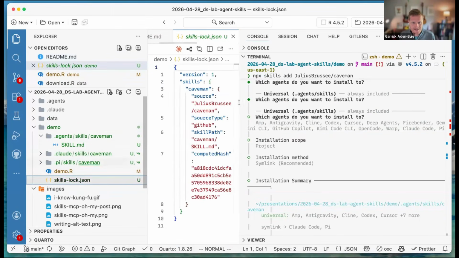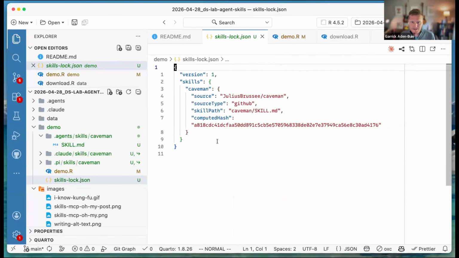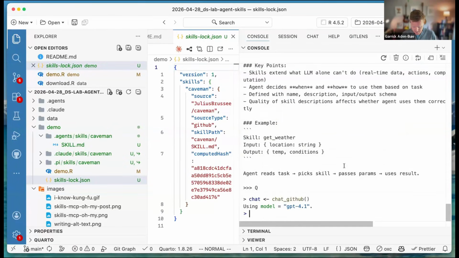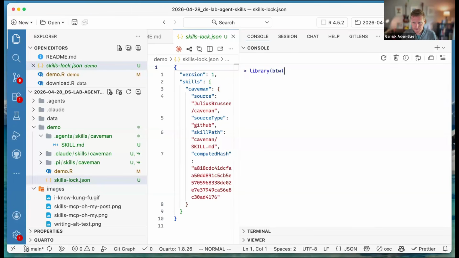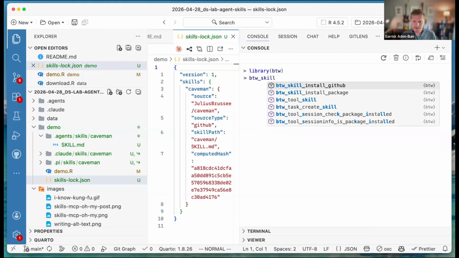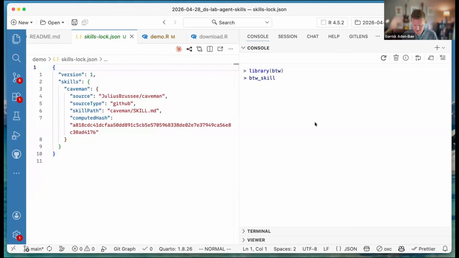And then the last thing it does is it adds this file which keeps track of where I got this skill from, which is pretty useful in general. The other way that I like to install skills is using a package that I work on called btw. So if you load btw, there is also a function btw skill, and you can install skills from GitHub, or you could install skills from packages. So if you are developing R packages, my recommendation is to store, let's see if this is actually in here,